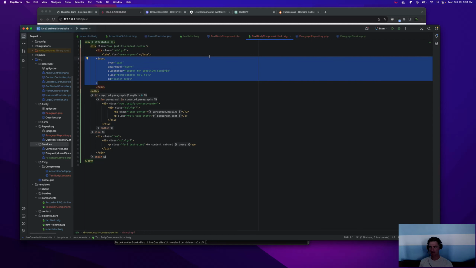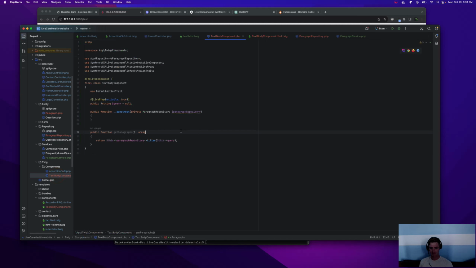Basically, the only thing you would really need to do in this component is, instead of data binding to a query, you would just have a button action, and the button clicks would update it. So